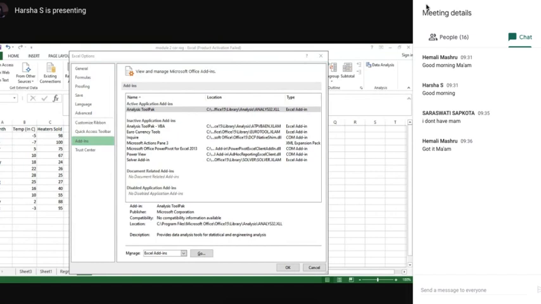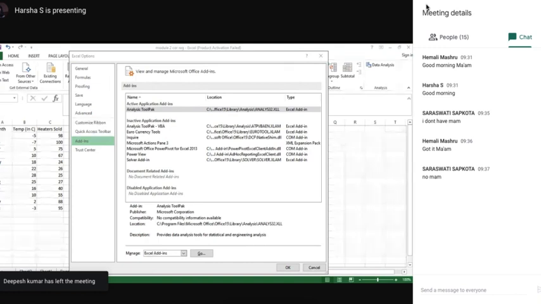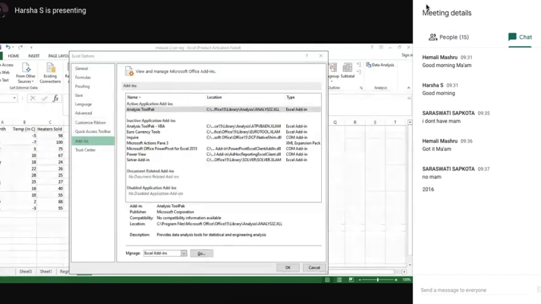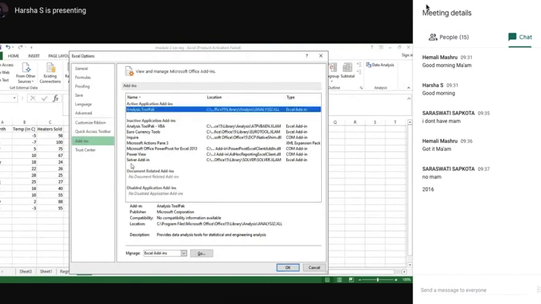You can reply in the chat box as well, Titli, Saraswati. Saraswati says no. Saraswati, which version do you have in Excel? Type in the chat box. 2016, yeah, then it's fine.